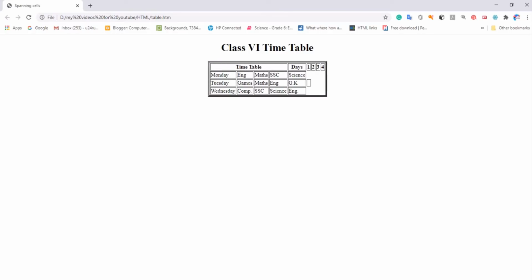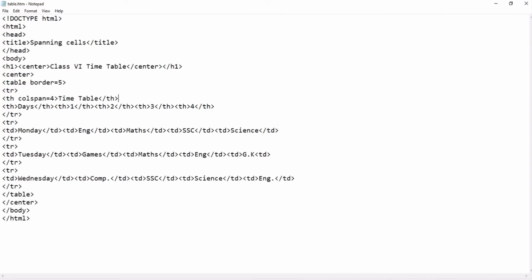Oh, what it has done: it has spanned the timetable, and it has shifted this, because we have not given any heading to it. No issues. So what we will do, wait, I'll remove this.